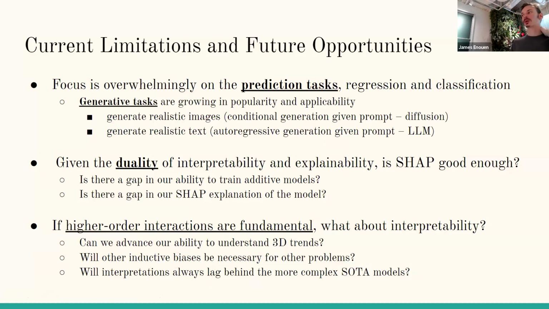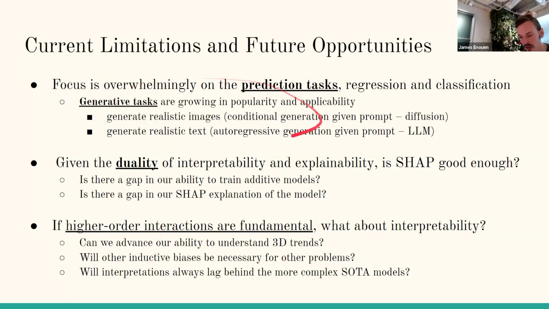Because if we have to go to 4D, 5D, etc., it becomes harder and harder to visualize. So maybe we need these latents to be able to reduce the complexity back to something that we can visualize or understand. So even though there's some latent variable, which we don't have a statistical certainty on whether it exists or not, maybe that will still give us more simple models. There's also the other simple biases of decision trees or nearest neighbors. Maybe those are some other directions which have better inductive biases for certain problems.